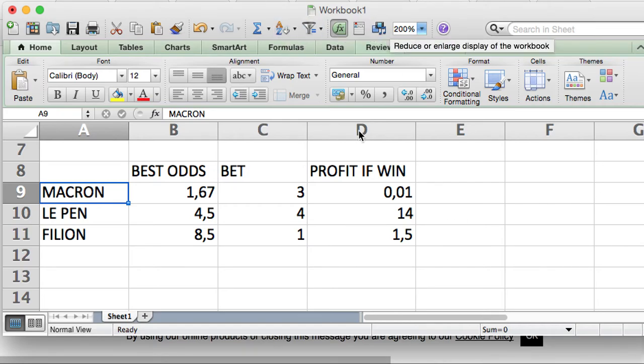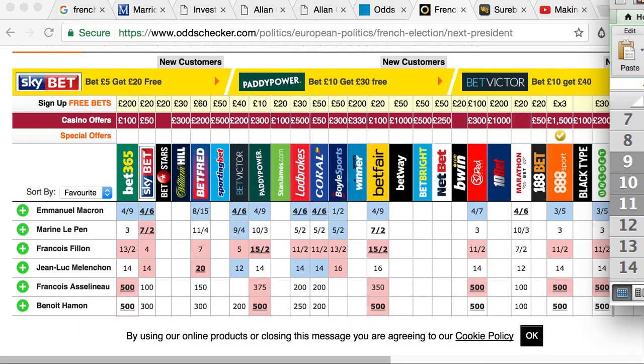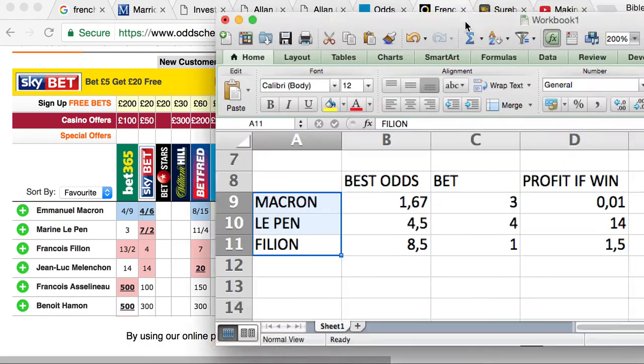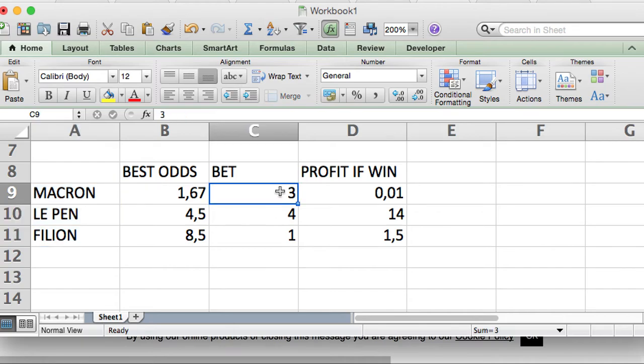Well, it's not guaranteed. It's guaranteed if one of these three wins. But I don't think anybody else really stands much of a chance. But it is an election, so even though this is an arbitrage opportunity, it's not foolproof. So there is still a little bit of risk. But for those of you who want to do it, you just need to set this little thing up and you can tweak it.